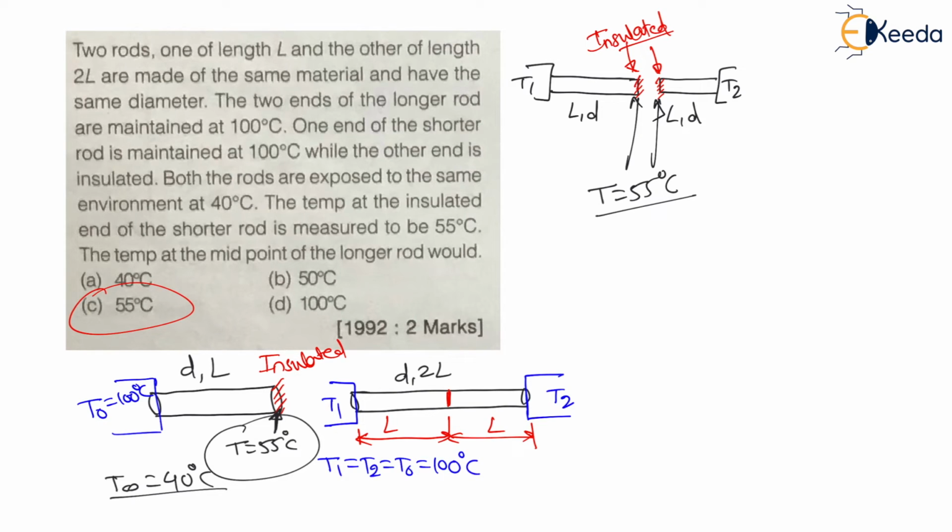Now my dear students, if they ask you the temperature at any other point instead of at the center, that is at distance L1 from T1 and at distance L2 from T2, then we have to go for calculations, by considering the part from T1 of length L1 as one fin with an insulated end, and from T2 of length L2 as another fin with an insulated end. By considering this, we do the calculation. But for this question, a very special case, the answer is C.